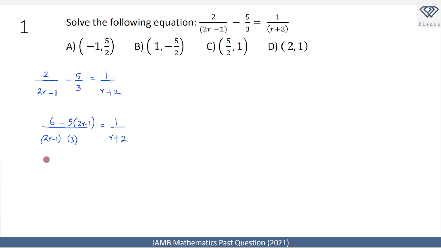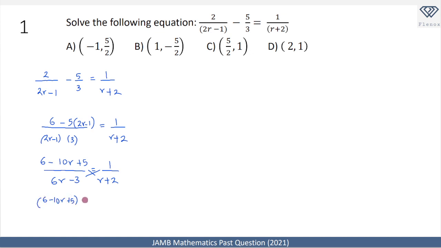Now before that we simplify, so this is going to be 6 minus, then we expand. So that will be minus 10r, then minus 5 times minus 1 gives us plus 5 over, and we can also try to simplify or expand the denominator. So 3 times 2r is going to give us 6r, and minus 1 times 3 will give us minus 3, is equal to 1 over r plus 2. What we can now do here is cross multiply. So when we cross multiply, we have 6 minus 10r plus 5